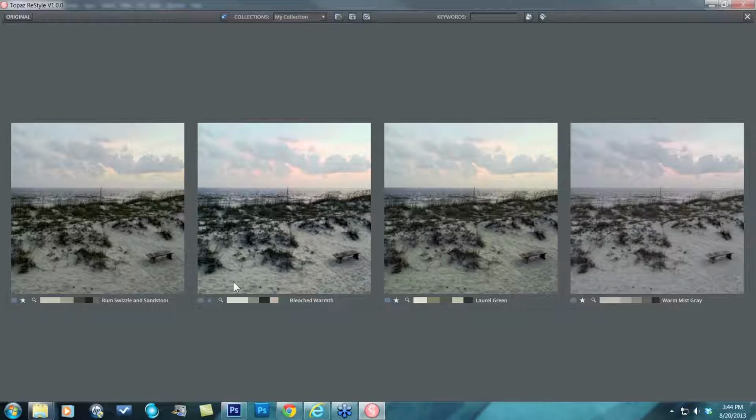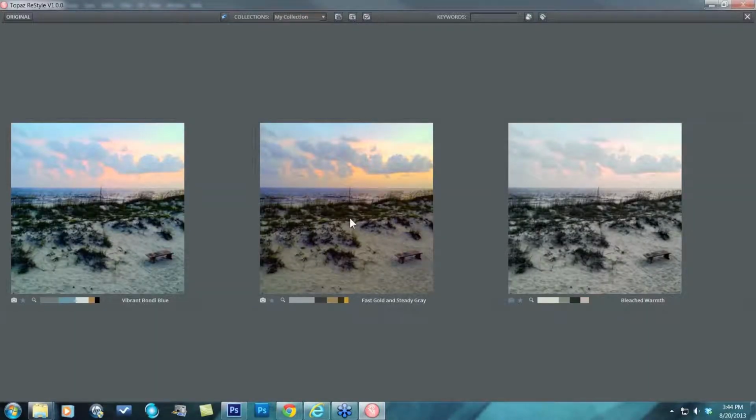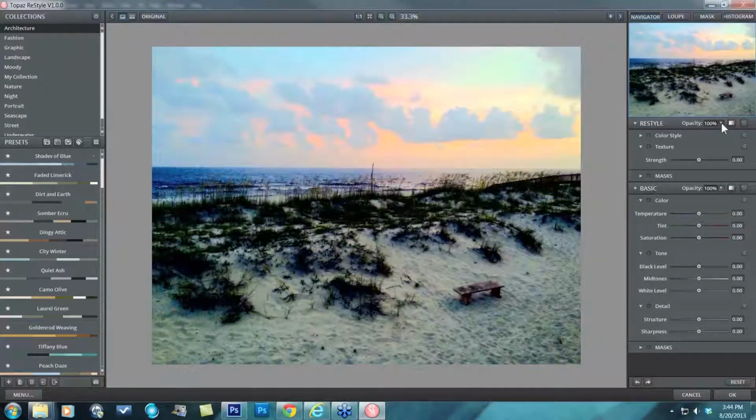So if I get out of this session, I can come back in and click on my favorite presets folder, and it will pull up this new bleached warmth that I just selected. You can come up here to the favorites folder, click on that. It's going to pull up all the ones that I have put as my favorites since I've had this program. And I can say, oh, wait, I kind of like this vibrant bondy blue now, and click on that and work with that